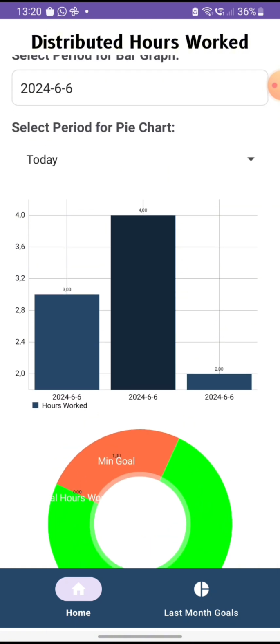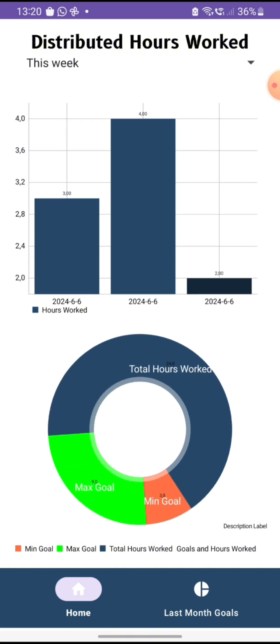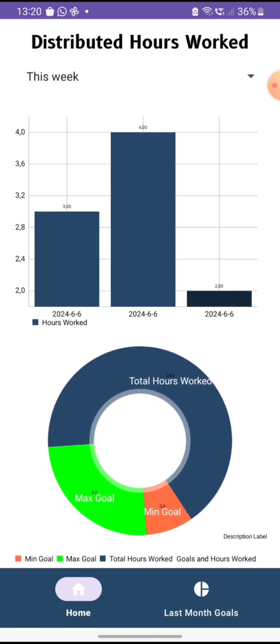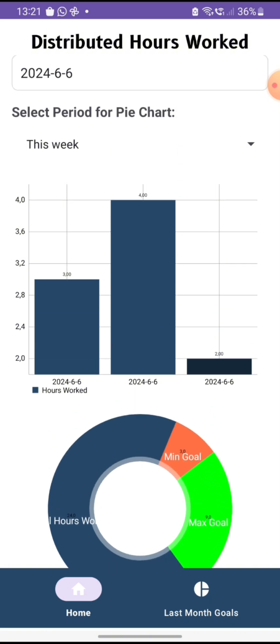So if we click this week, we can see that these are the total hours worked, which is 24 hours in total throughout this whole week. And our maximum goal for this whole week was 9 hours, but we've worked 24 hours. And our minimum goal for the week was 3 hours. So we've extremely exceeded the total hours and the max goal as well,